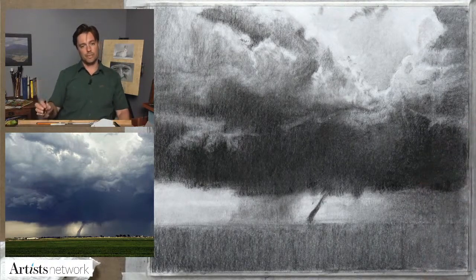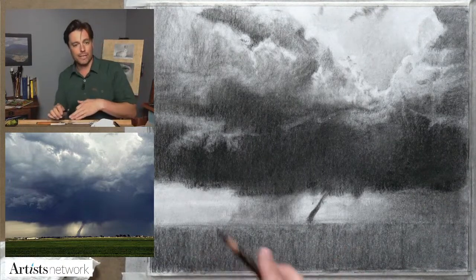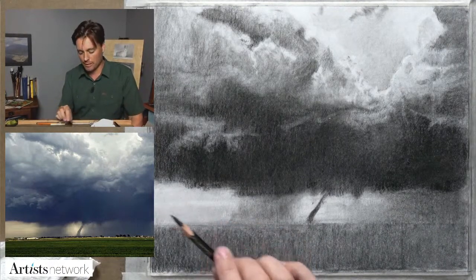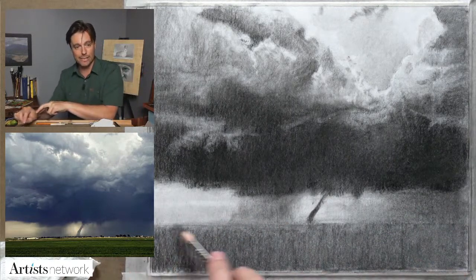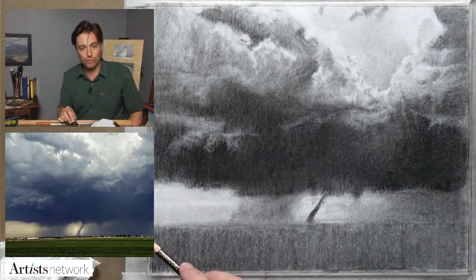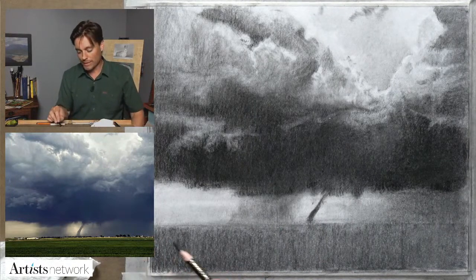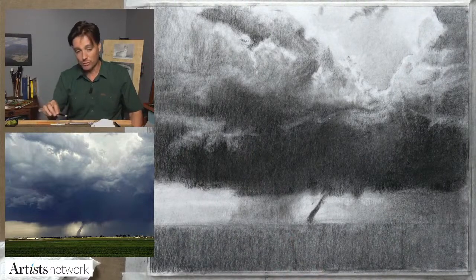All right, so let's see what happens now if I drop that horizon line in. I've got the advantage here of this raised bar on the edge of my drawing table, so I can rest my arm on it, and you can see the table shake there. And it's generally oriented with the paper, so I can use that as a guide to help create a straight mark here. But I don't want to draw a line. Again, that's going to flatten things out. I'm going to lose a sense of light and shadow if I do that. But there are these dark patches of these trees on here that I can focus on. So I'm going to grab the soft charcoal,